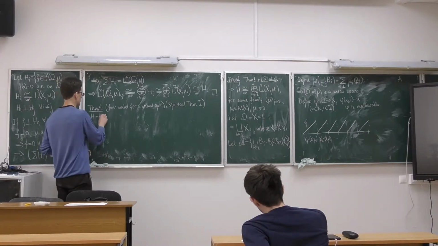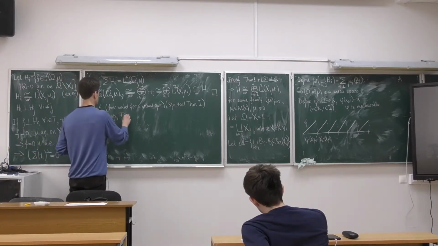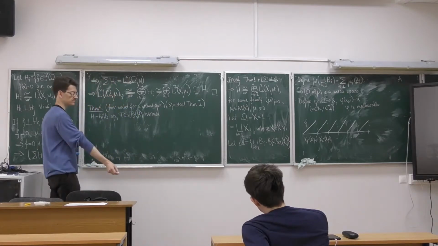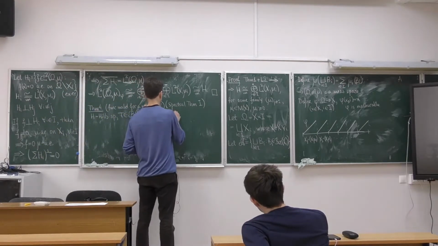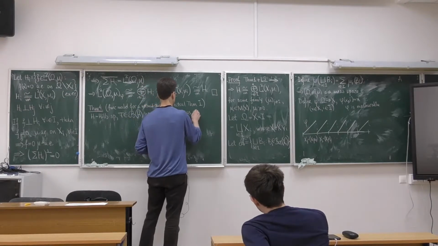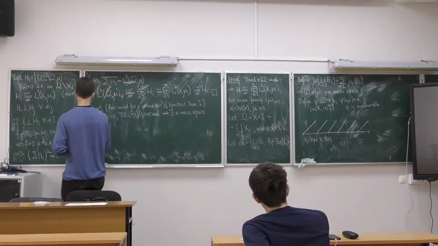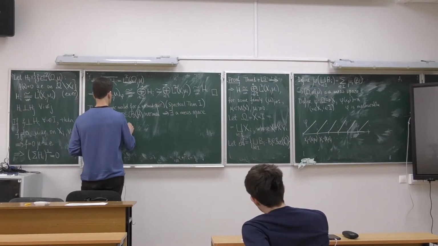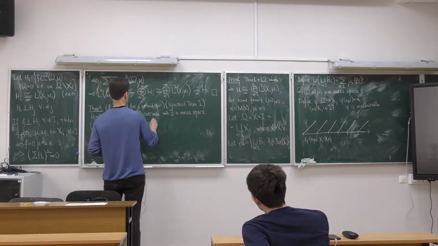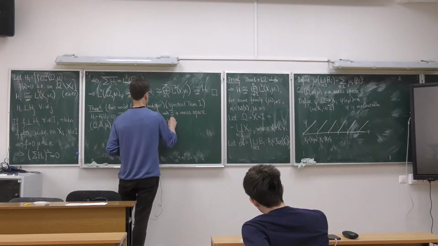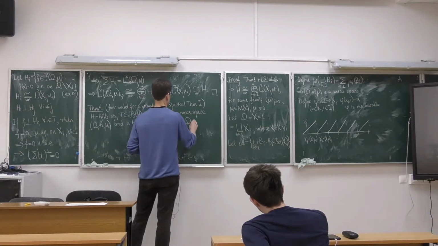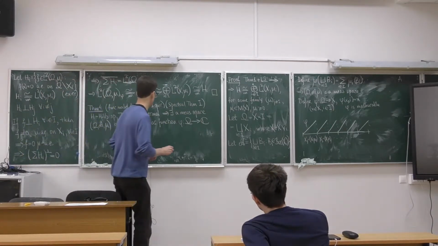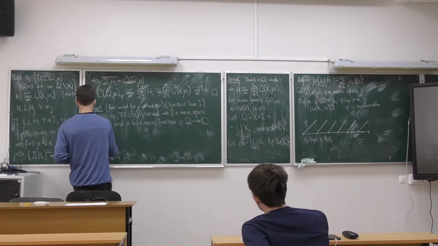Suppose that H is a Hilbert space, and T is a bounded normal operator on H. Then there exists a measure space, omega, A, mu, and a bounded measurable function phi, a complex valued function on omega, which actually takes omega to the spectrum of our operator, such that